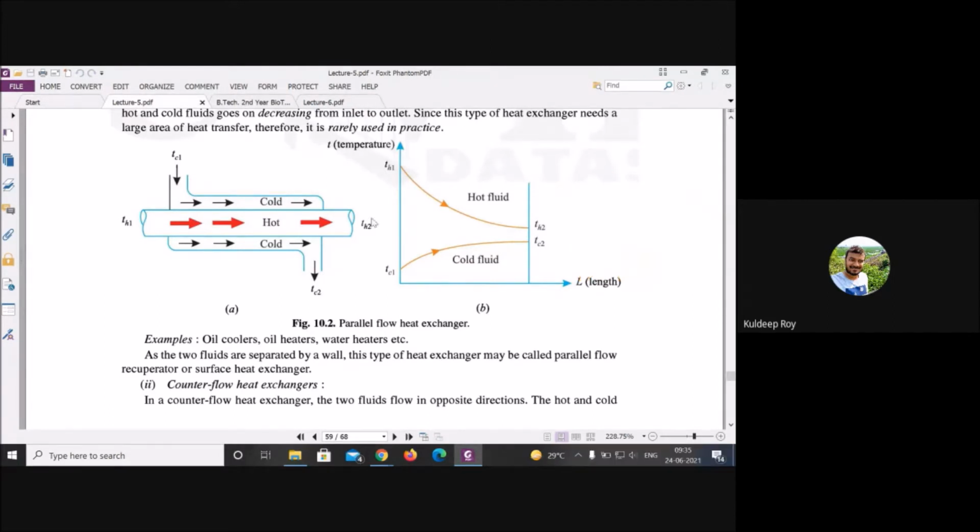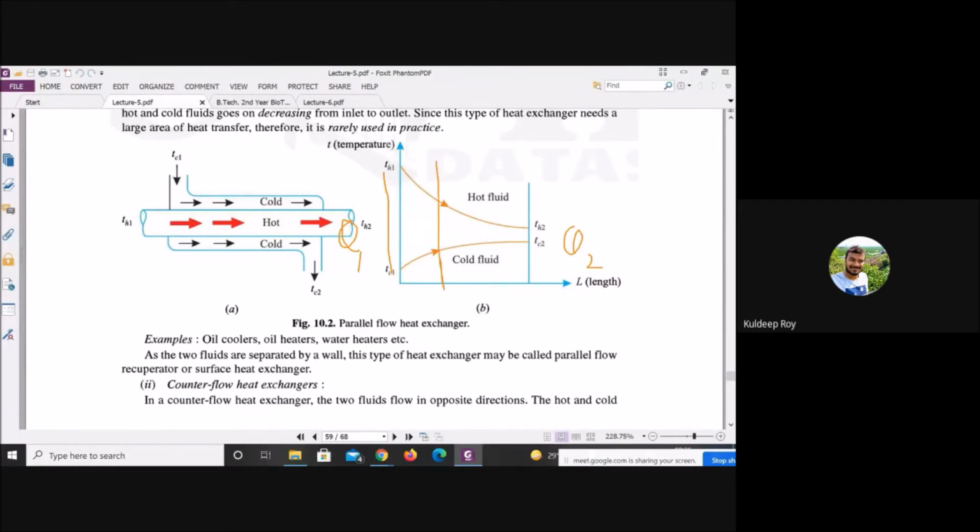Similarly, when the fluid enters co-current, or you can say parallel flow, or counter current flow, you see the pattern is curved in nature. To quantify the temperature difference, how you will determine it from here to here, yesterday we saw that we assumed theta 1 and here theta 2. To determine this particular pattern, because it is not uniform, you can see theta 1 is changing with respect to length.